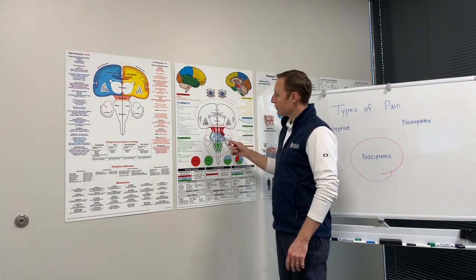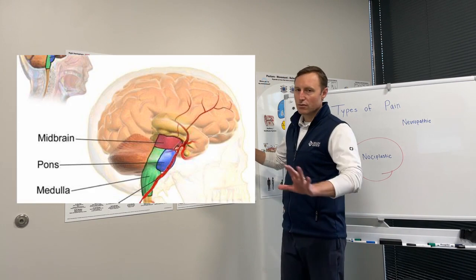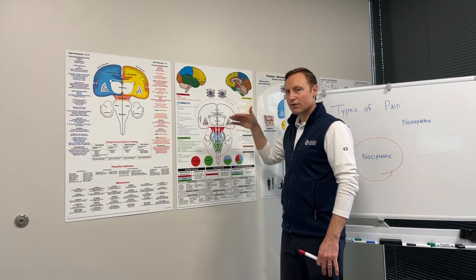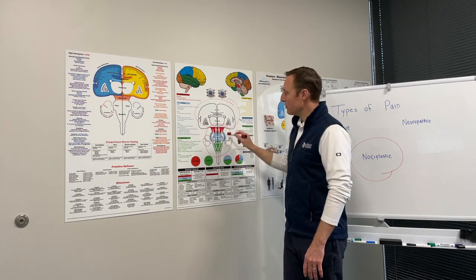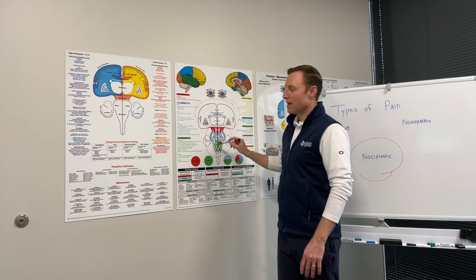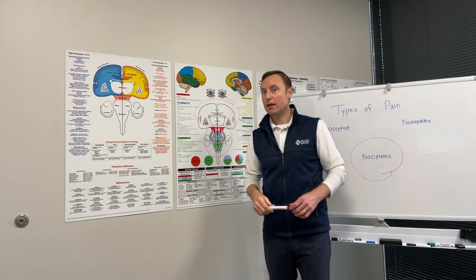But the three sections of the brainstem are the midbrain, the pons, and the medulla. Don't worry about the terms. All three of them have the ability to turn pain down. And so that's another thing that we want to do, is we want to do activities that specifically engage this area. Now, if anytime you move your body it hurts, that can be hard.